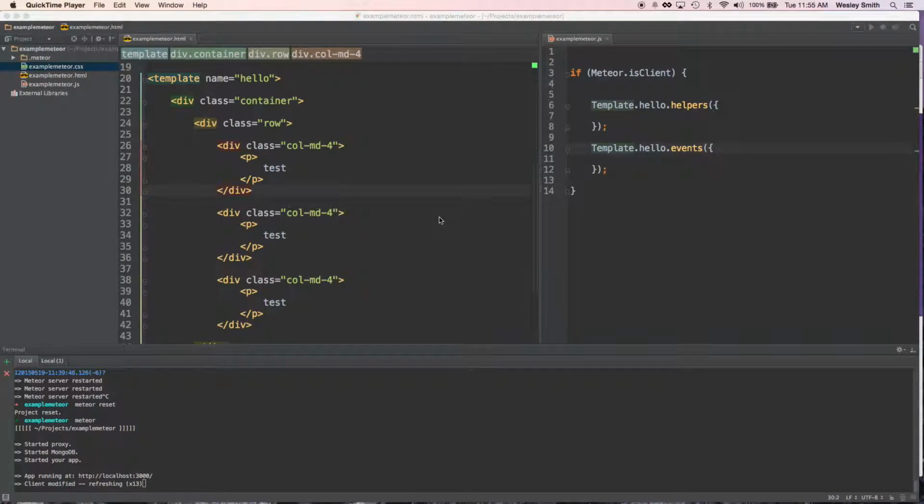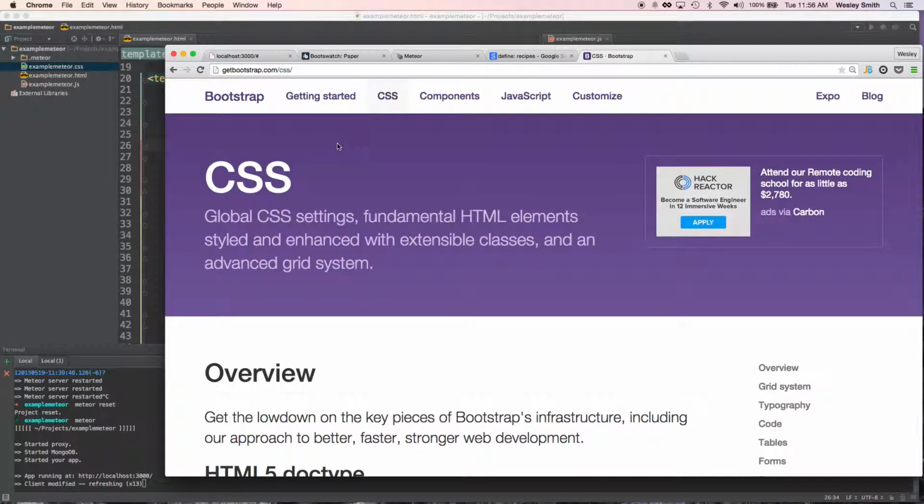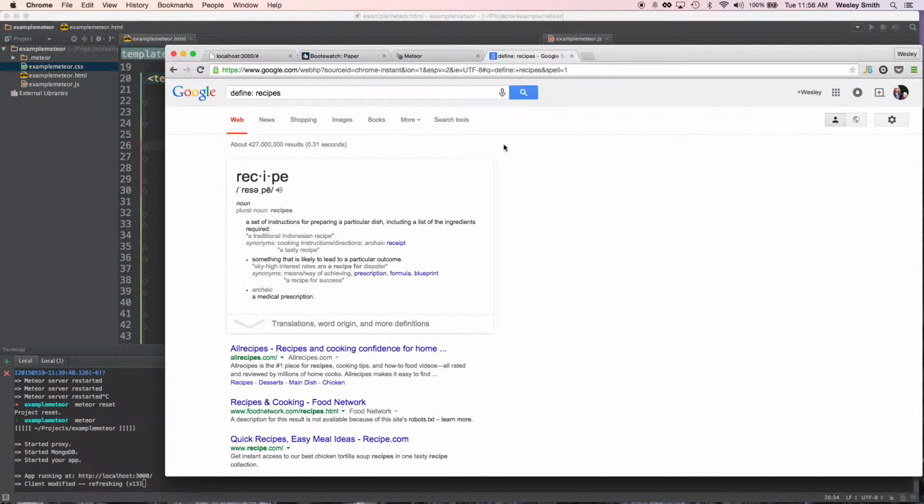Okay, picking up where we left off in the last video. So we talked a little bit about Bootstrap, using the classes in the correct order: class container, class row, class column. And just to remind you, the app we want to build is basically going to be